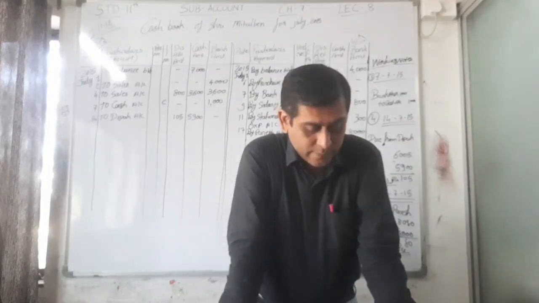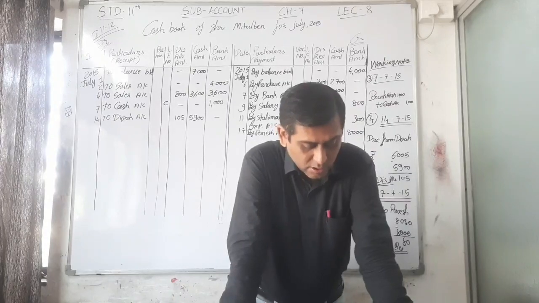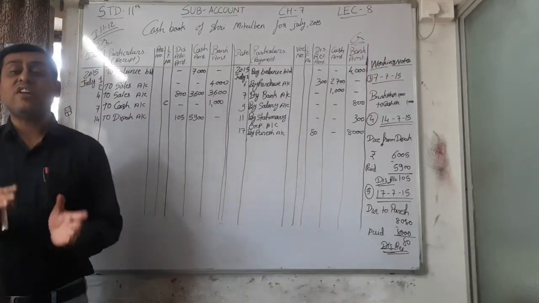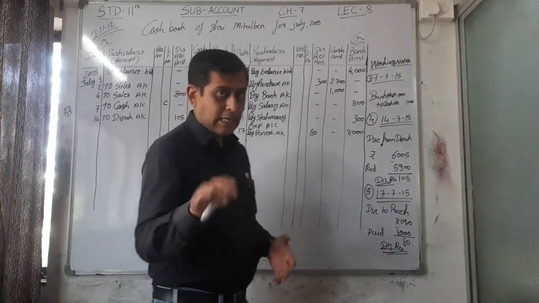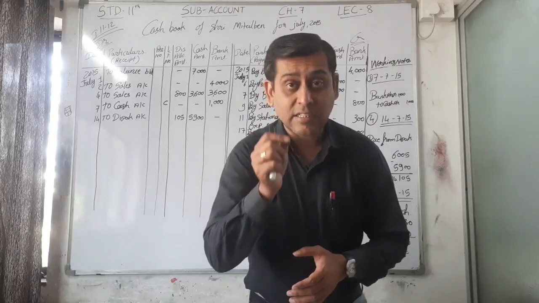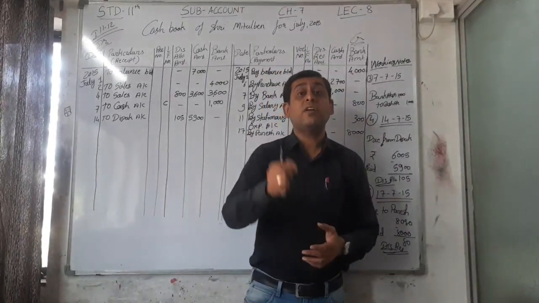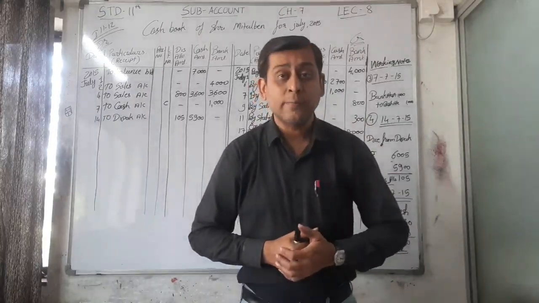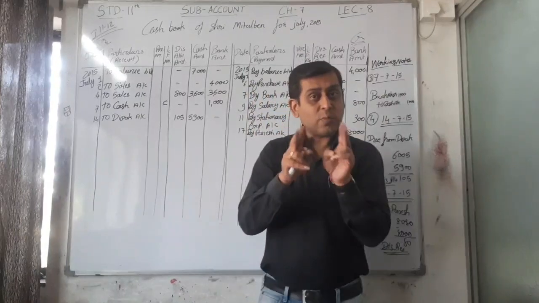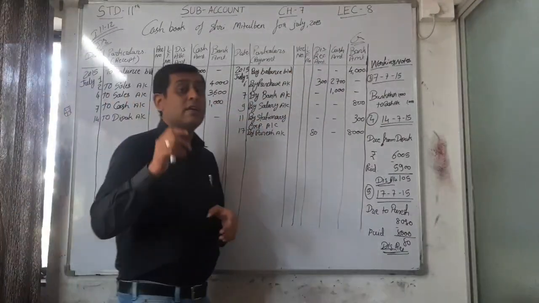Now 20. Sales tax of rupees 3,000 paid by cash. Here, sales tax is a business expense. It is levied on sales. Sales tax means it is levied on sales. That's why sales tax is a business expense. But if income tax is given here, that is called drawing, because it's a personal expense of the owner. See the difference between sales tax and income tax here in the journal entry,